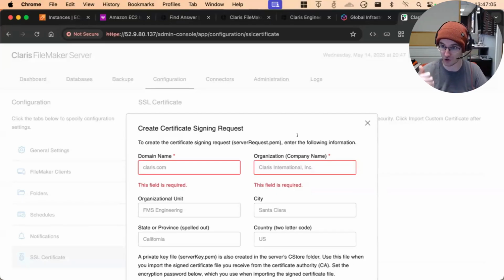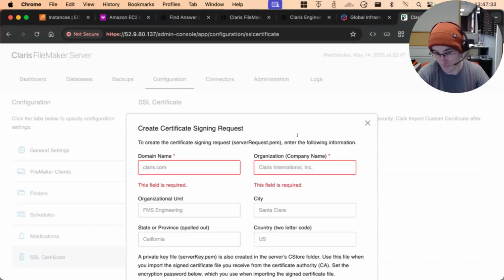You will end up with an orange lock on FileMaker Server. Everything looks good, but if you fire it up in Pro and connect, it'll connect, but it'll have an orange lock. That means you failed to put the intermediate certificate in. There are several different things they now yell about. They tell you to bring the intermediate certificate in. Claris Connect, for example, if you ever expect to integrate with that, will not connect to your server if you've not included the intermediate certificate.